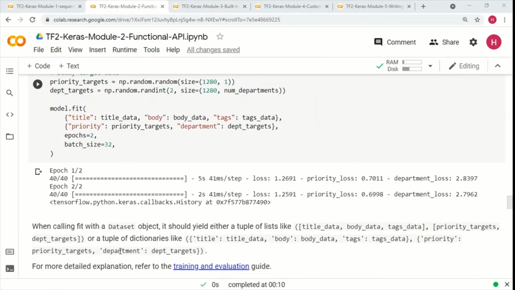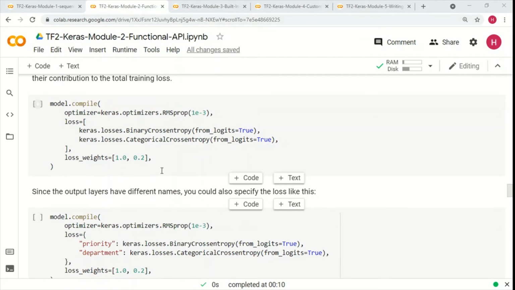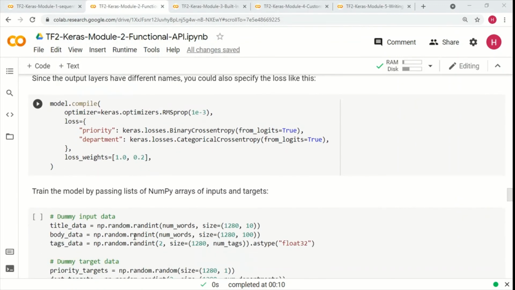That's pretty much about the functional API. It's pretty simple to use but very powerful, and there is the least amount of modification in model.compile or model.fit even if we are using the functional API.